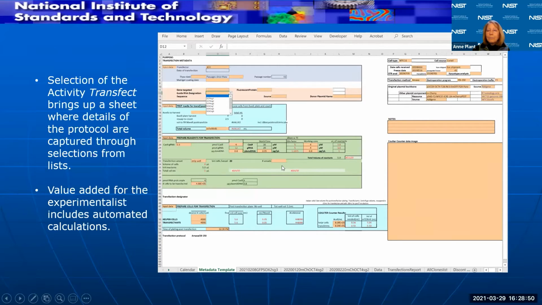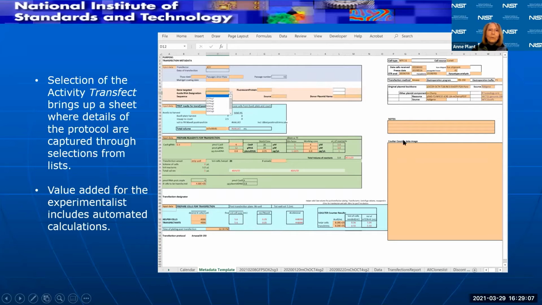And again, using pull-down lists to select designations for the materials that you're using, the nucleic acid sequences even that you're using in the process of this gene editing protocol.